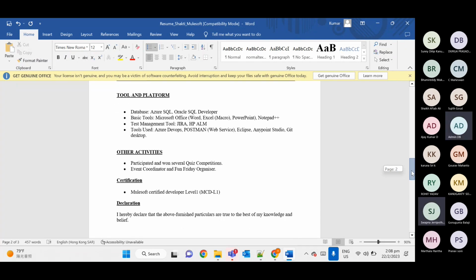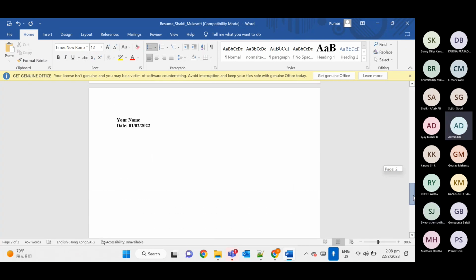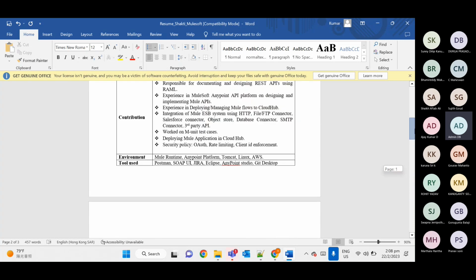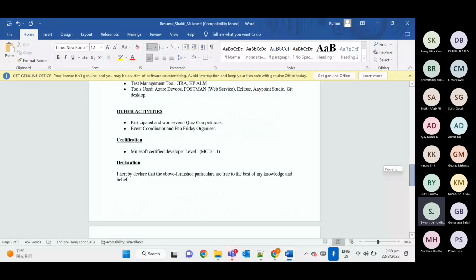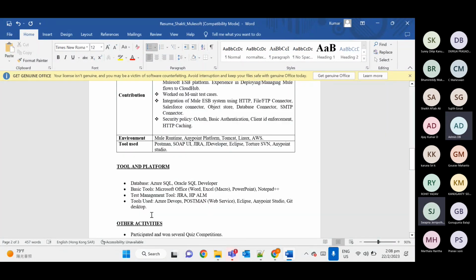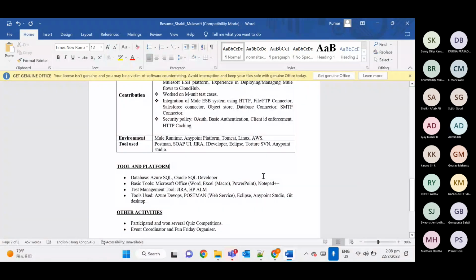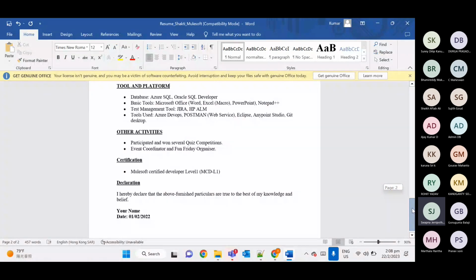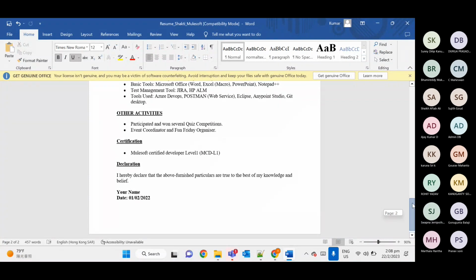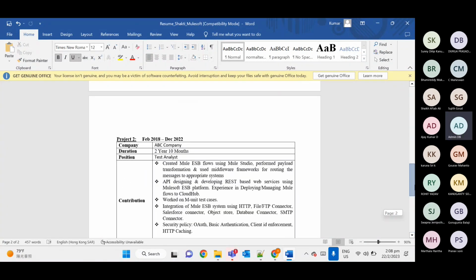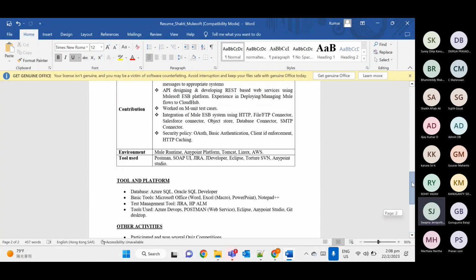For manual testing, you should only have knowledge of Postman, Jira, and JMeter. You can tell them you were working on Mule testing only, that you got interested in MuleSoft and then moved into MuleSoft. For 4 years of experience, I have to put three projects in my resume, right? Yeah, you can put. Okay, thank you.